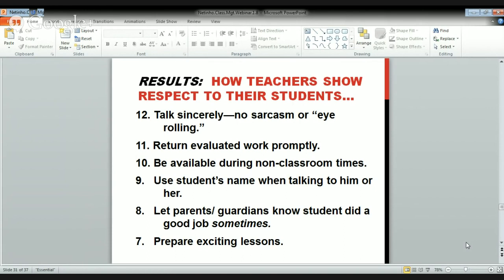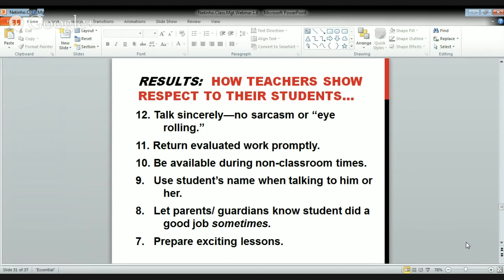So these students, even though they're in middle school and starting to separate from their parents, want you to tell the parents once in a while that they're doing a good job. Number 7, prepare exciting lessons. This is a huge part of classroom management. You must design interesting and student-centered lessons. If students are bored, believe me, they will create their own excitement in class, and you will have many disruptive